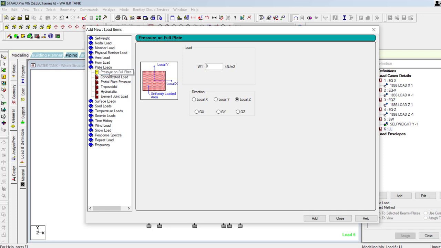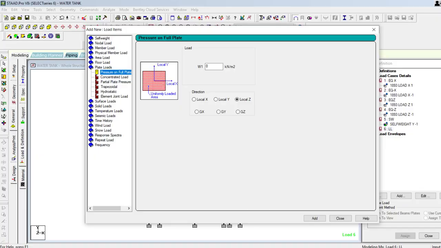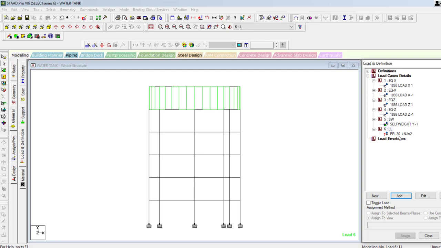Under the plate load, we have the pressure on full plate. Here you can see, according to the problem, we have the pressure on full plate as minus 30, and then we apply the hydrostatic pressure. Pressure on full plate, that is minus 30. Next, add and close, select this pressure and apply only for the bottom plates